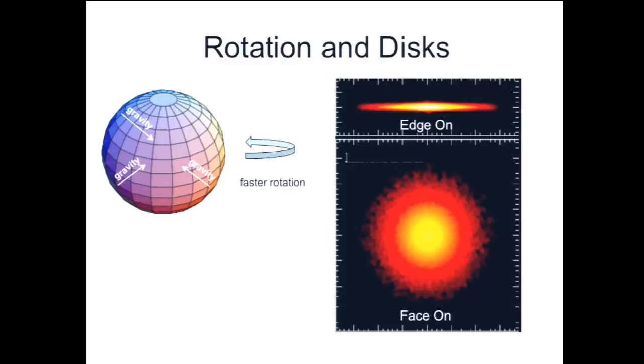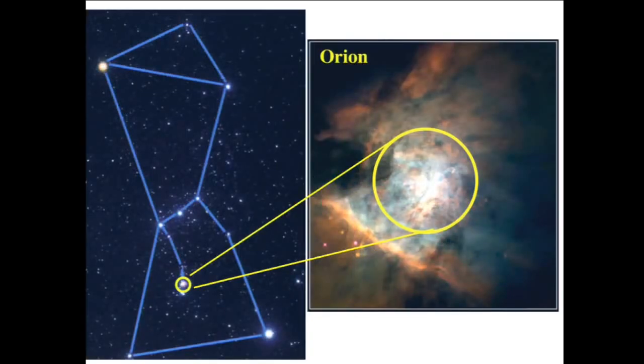Okay. So think about this some more. If you have additional questions about it, feel free to come up and ask us afterwards, or you can talk to each other about it. So we actually see these disks around newly forming stars. We have famous examples in the constellation Orion. Orion was a hunter in Greek mythology, and this is Orion's belt. A little bit below Orion's belt in the sky is what is called the Orion star-forming region. This is a cloud of gas that is one of the nearest, most well-studied regions where new stars are forming.